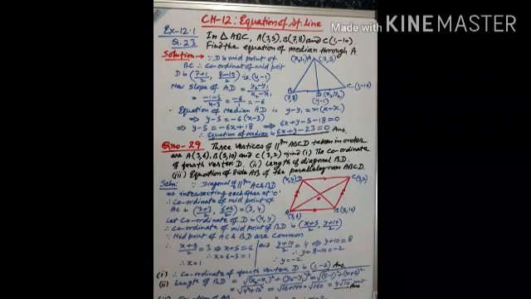So this is how you can find it out. In these questions you have learned a lot. You know how to find the coordinate of a midpoint, the length of a diagonal, the length of a side, and how to find the vertices of a quadrilateral if 3 vertices are given. So children, this type of question you do from this exercise 12.1.